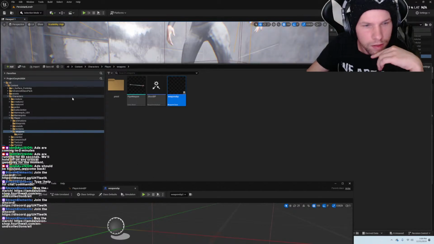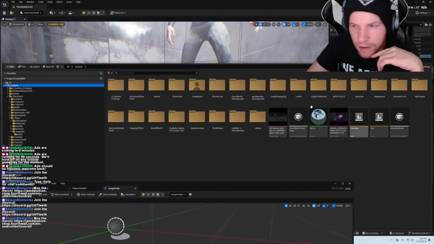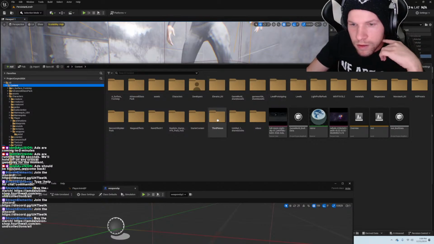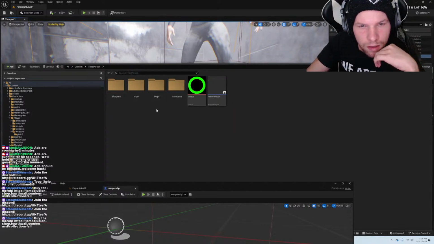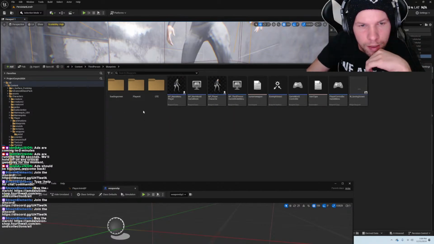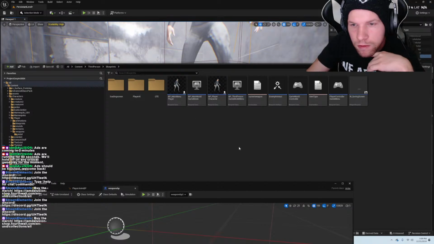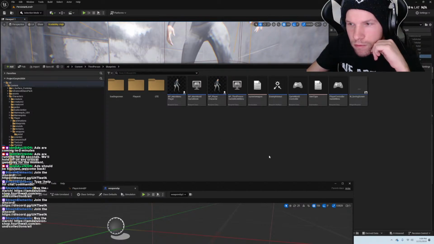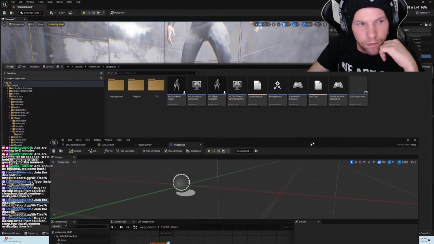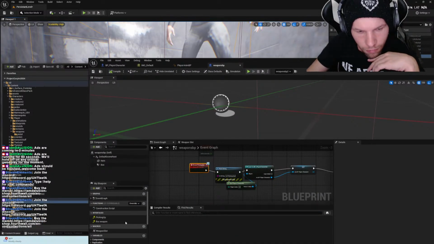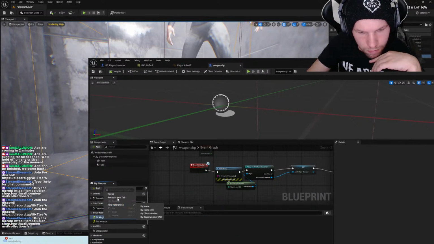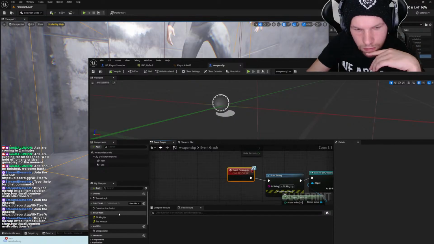Okay, so that's not where the interface is. I need the interface. So let's go to here. Focus on new tab.